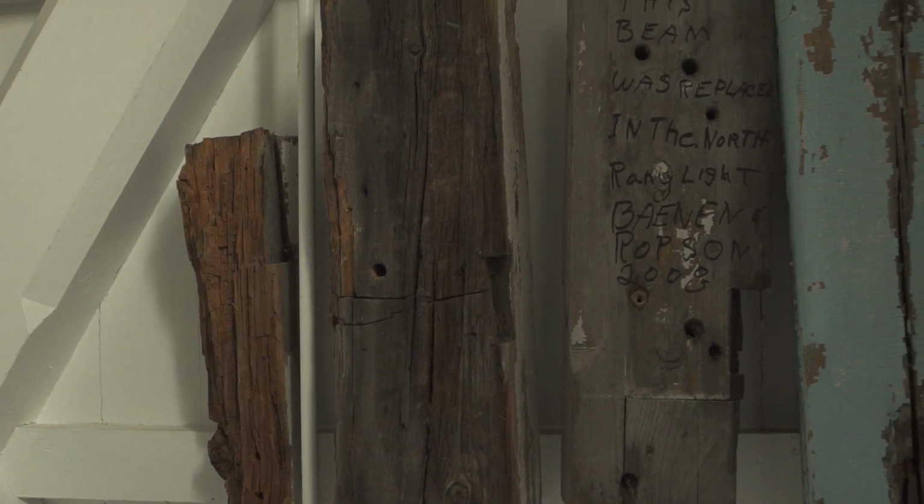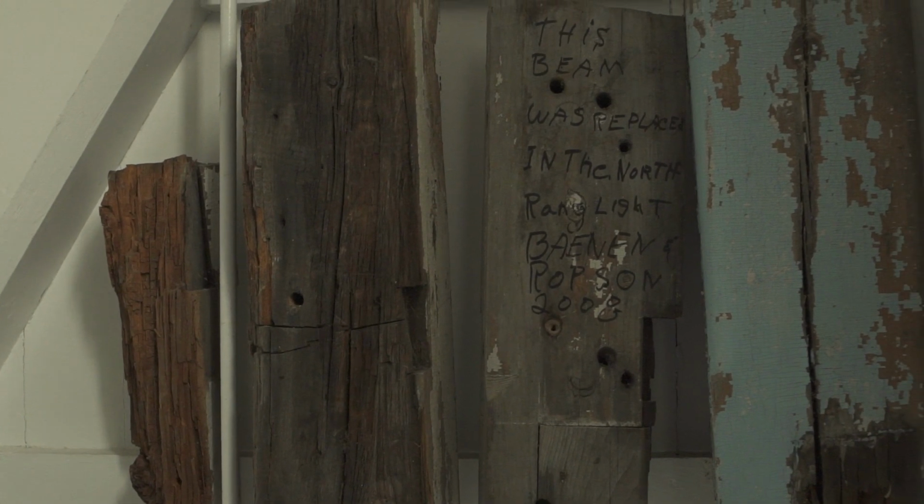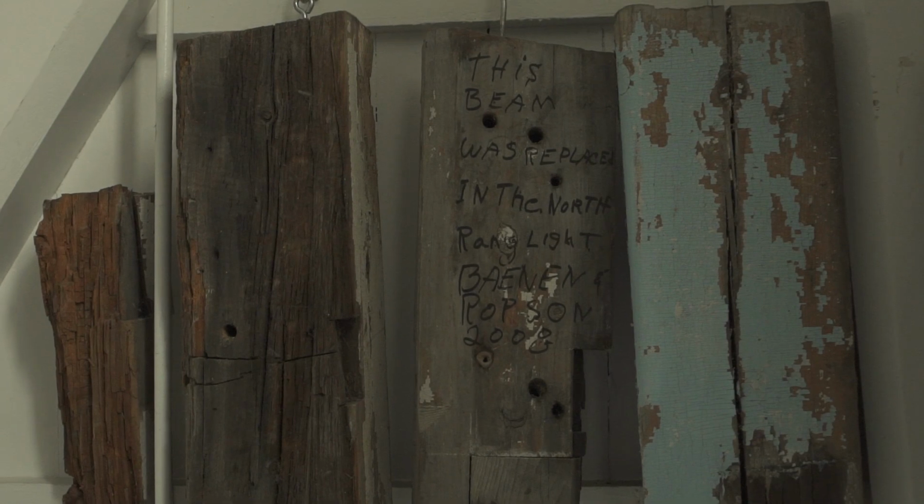For almost 30 years, they kind of oozed themselves into the ground. So as they were picked up and moved over here, there was an awful lot of work that needed to be done to replace the rotten timbers with new timbers and set them on the foundations. Back when the lighthouse process started and they were moving them from the north side of the harbor up the roadway here to where they currently reside,